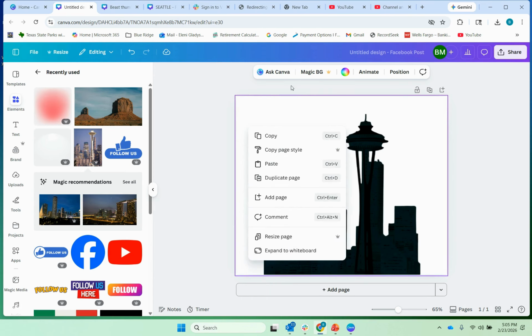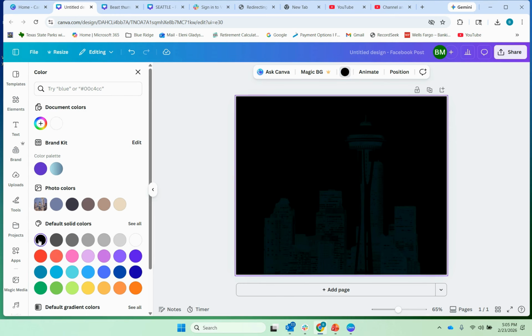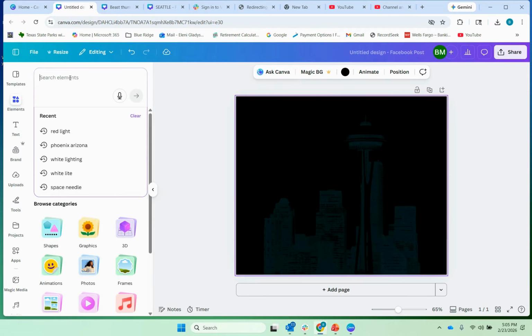All right, I'm going to change the background now of our picture, so it's going to be black. So boom, we just lost everything, if you will. Now what we want to do is go back to elements. And I'm going to take, this is actually just a white circle. If we look for like a white light,